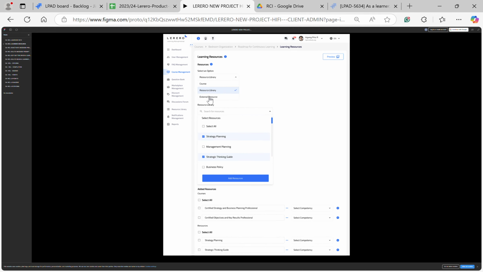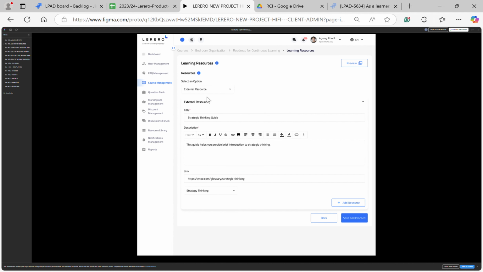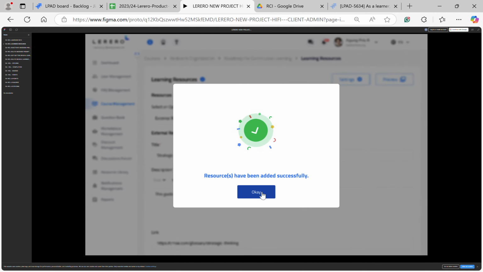So here again I can add the external resources for this particular development goal. Whenever I click on the external resources, I can add a title, I can add a description, and these are the external links, the links that direct to any of the resources that are outside our platform. And again I can select the competency for it. So once I have added it, when I click on it,